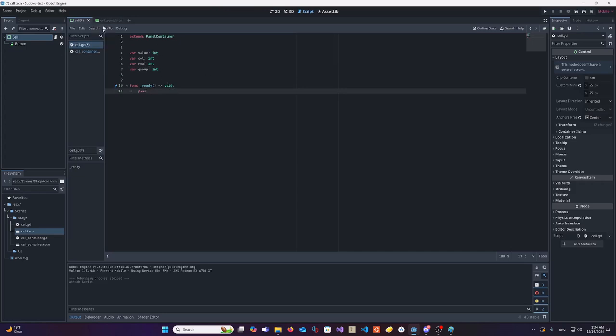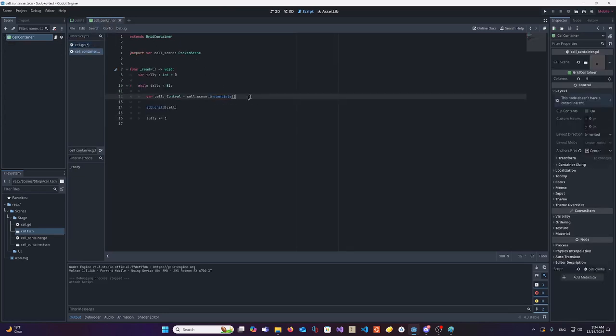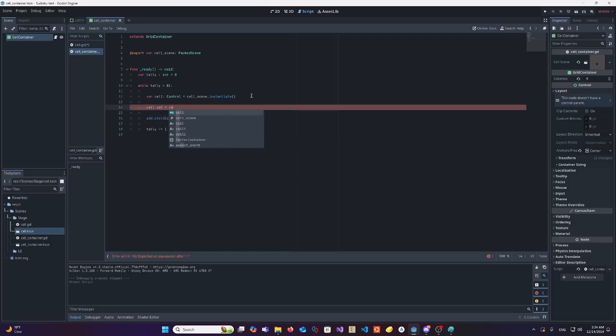How do we get those values? Well, we go back here, and before we add the child, before we add the cell scene to the grid, we can give it all its values. It's important that adding the child is the last thing we do, and you'll see why in a few minutes. But for now, we'll say cell.column, start with column, is equal to the tally value